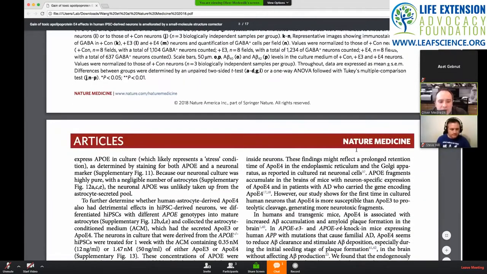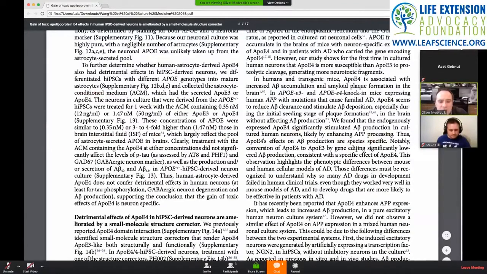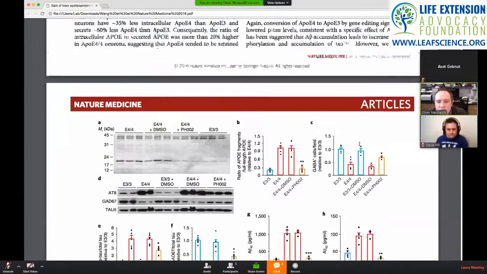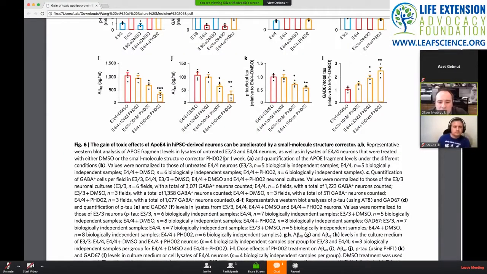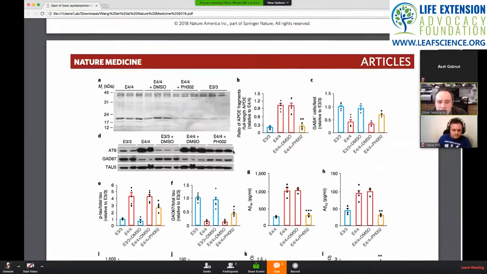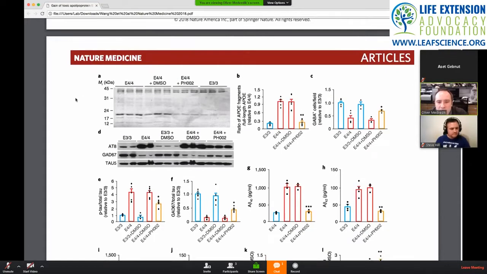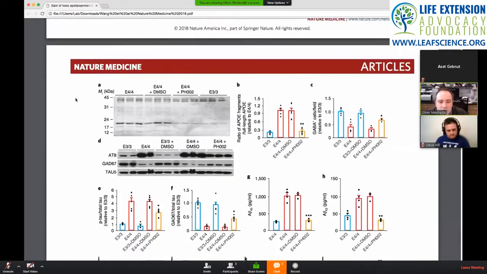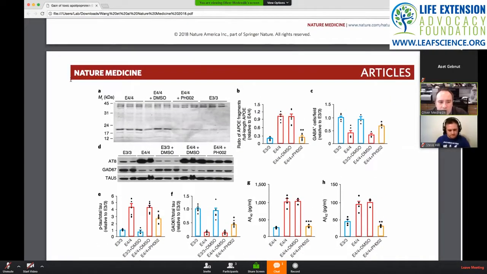And moving on to the last figure, this is where they actually work with this small molecule structure corrector that they call PH002. I don't know what PH002 is, some sort of molecule that's probably not very charged. They can go through a plasma membrane. And as we see here, they basically do all of the same characterizations. They're looking at the amount of GABA cells in the view. They're looking at the secretion of amyloid beta. They're looking at phospho-tau, all as basically markers for cells that are going to